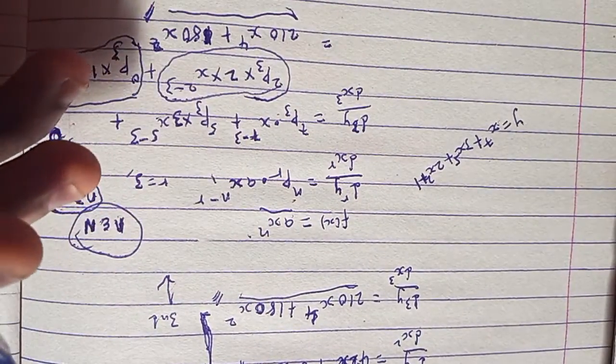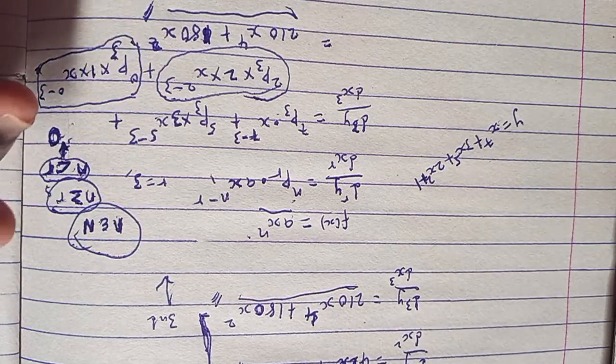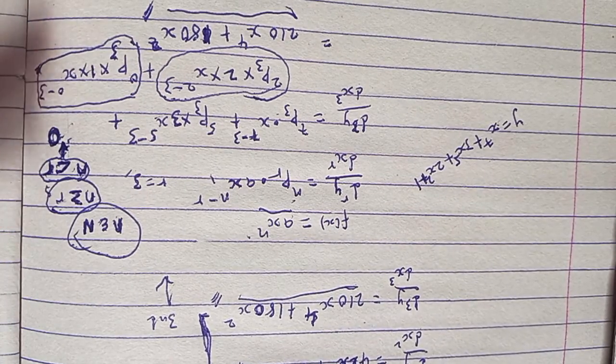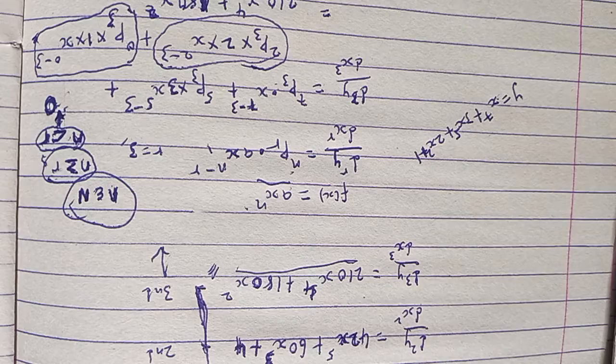Yeah, they are the same. So now someone may ask, so how did you get this? Oh, don't worry, I'm about to explain that. So guys, as I told you earlier on, when you are given a function like this, f of x is equal to ax power n,